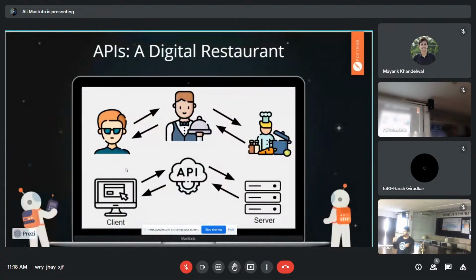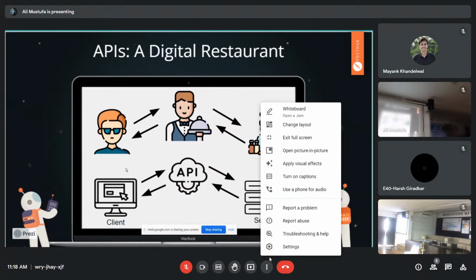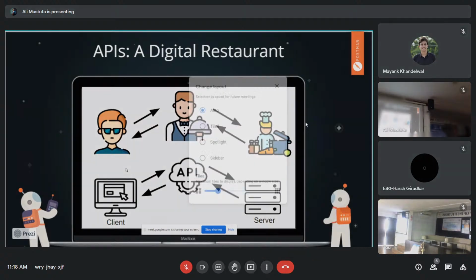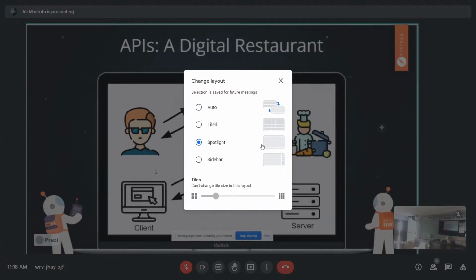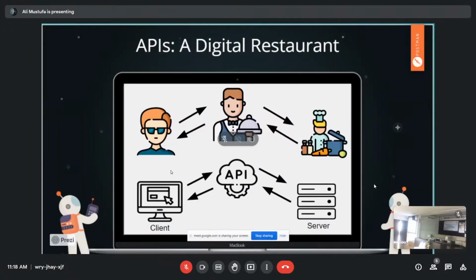So to explain it in a very easy to understand way, let's take an example of a typical digital restaurant, right? What happens in these restaurants? There's you, obviously that's me with some specs. I go, sit down, right? And what happens? I get a menu, a fixed menu, and then I choose the items which I want to order from that menu, right? And then do I go to the kitchen and put that thing and cook it? No. Who does it? The chef does it, right? And who tells the chef?